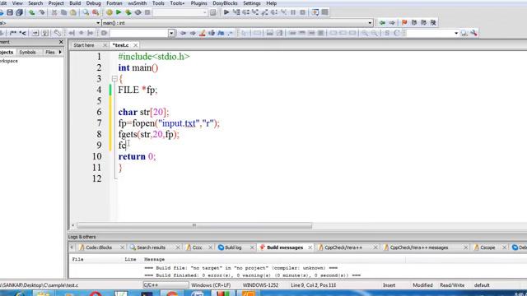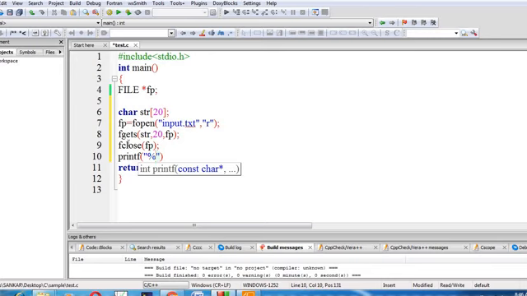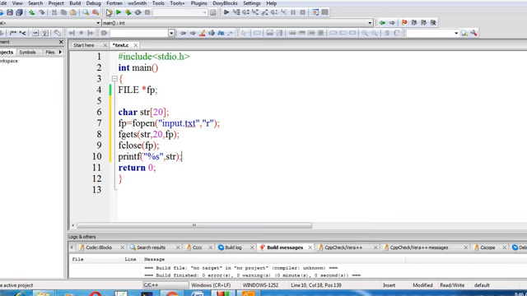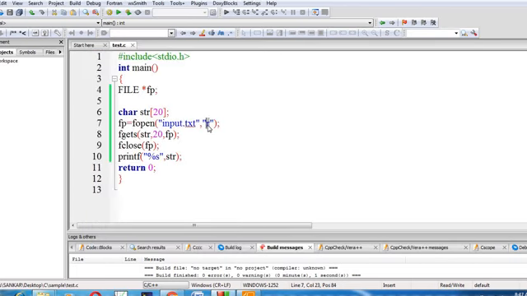So here fclose of fp, printf, %s, it is a character array, %s, comma str. Then similarly, if you want to write anything in the file,